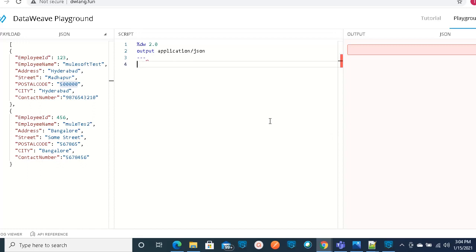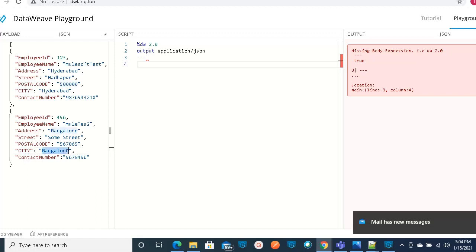If a particular condition is satisfied, then you can update particular fields, right? In this example, I would like to update this postal code field and city field. If postal code matches this 5 million, then I would like to append hyphen India as the updated value. And if city matches Bangalore, then I would like to append Karnataka as another new value. Okay, so let's see how we can do that.